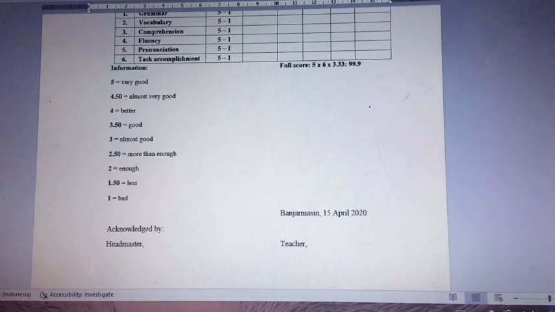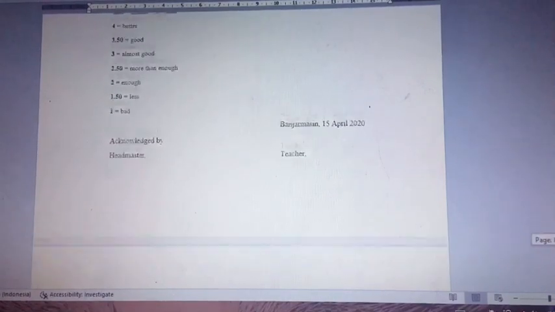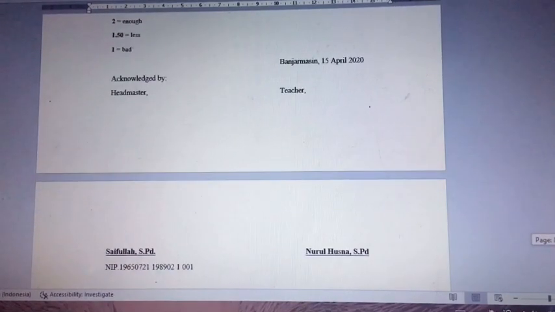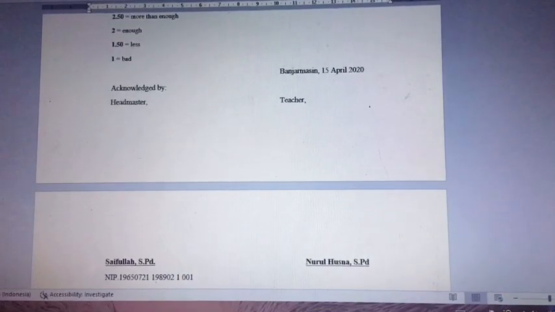I think if you forget about the score, you can see this information. And then acknowledged by Headmaster Saifullah, SPd, teacher Nurul Husna, SPd, and this is the lesson plan made